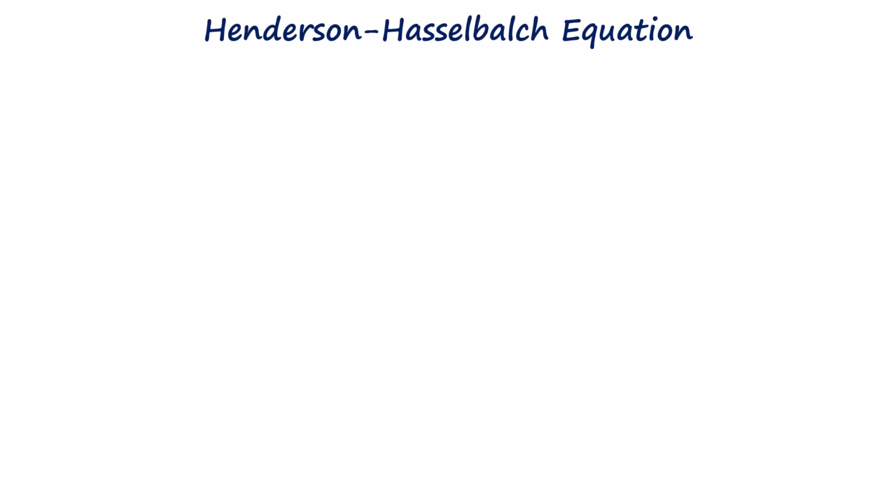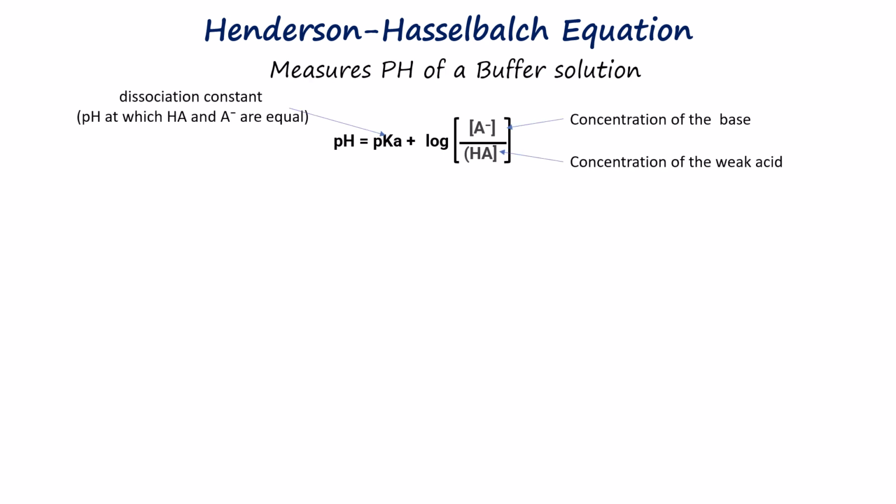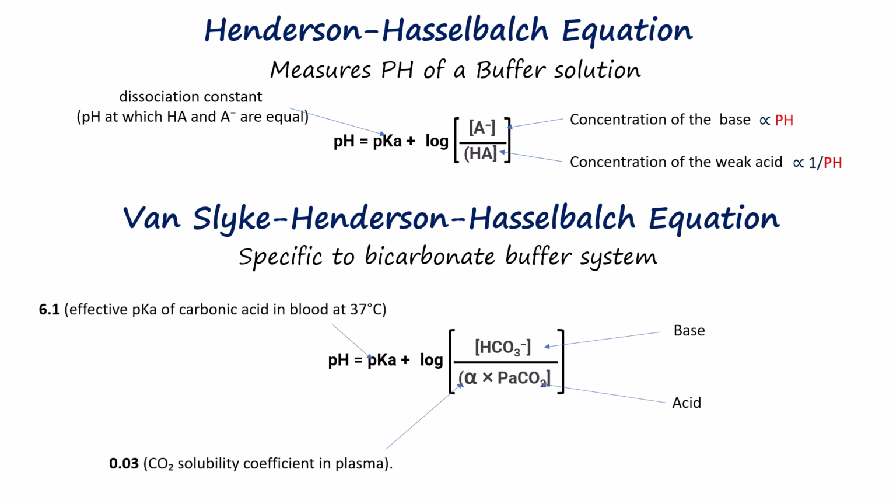The Henderson-Hasselbalch equation is a formula used to estimate the pH of a buffer solution based on the equilibrium between a weak acid and its conjugate base. By this equation, we can predict that pH is directly proportional to the concentration of base and inversely to the concentration of acid. For bicarbonate buffer system, a modification of the Henderson-Hasselbalch equation known as van Slyke-Henderson-Hasselbalch equation is used